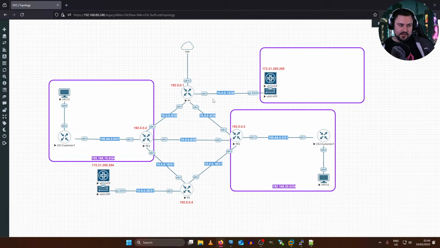Since the MSP is administering the servers and looks after all the infrastructure, they need to get to the customer's LAN networks from the servers, and this is just how they'd be able to do that.